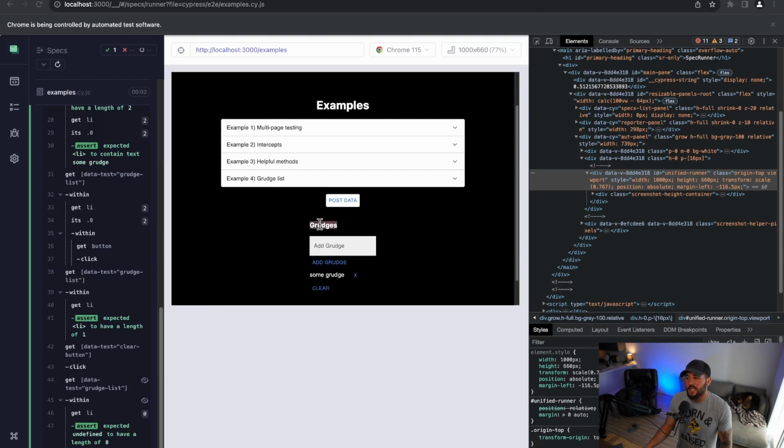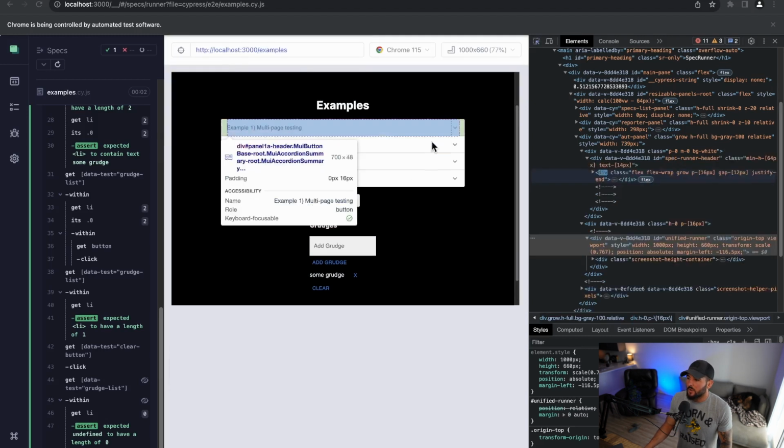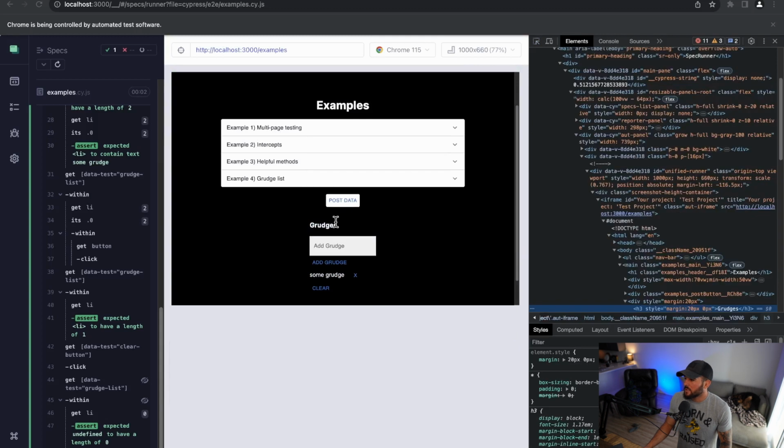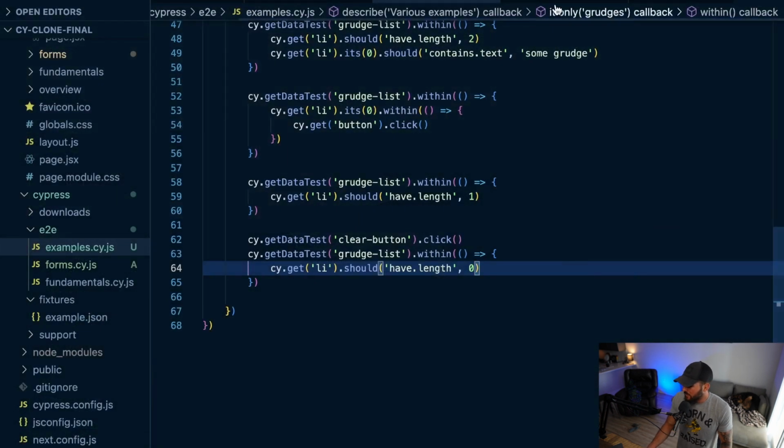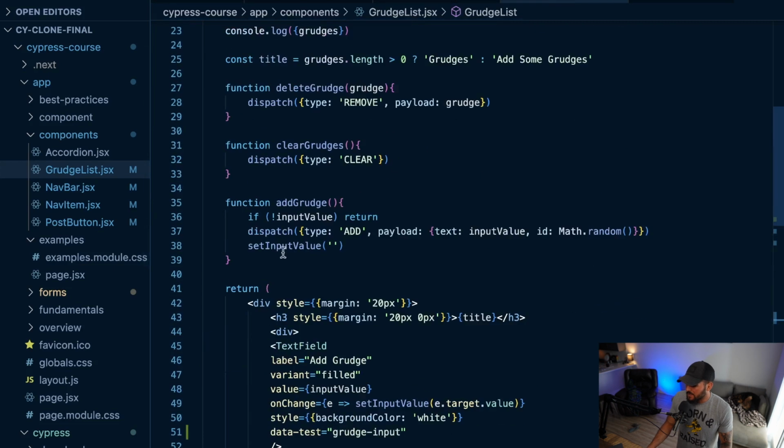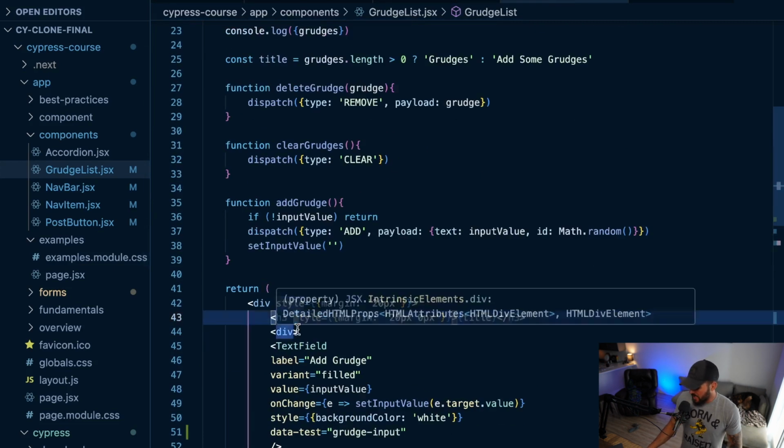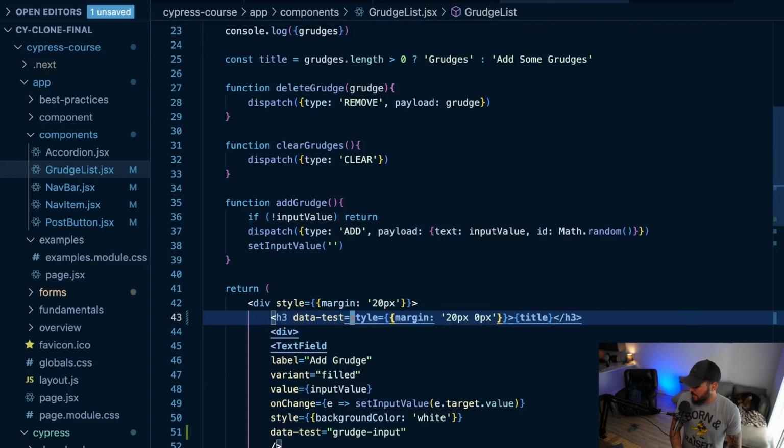And it does change the text here to grudges. So what we can do is we can also test this here quickly. So let's go back here and go to our grudge list. This will be the last thing we test here, in which I do data-test is equal to